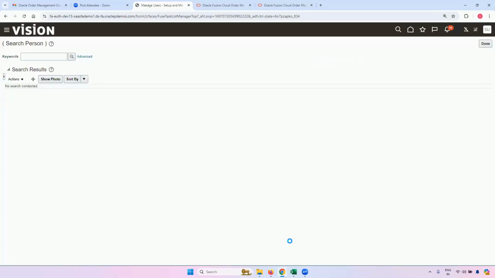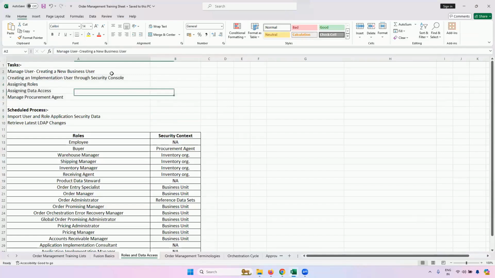Again, let me make it very clear. Let me open my Excel. There are two kinds of users in Oracle Fusion: a business user who can create transactions, and an implementation user who can only configure the setups.